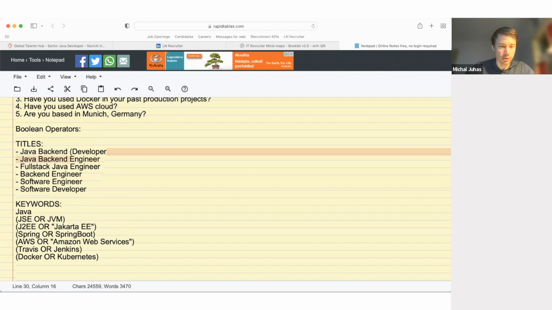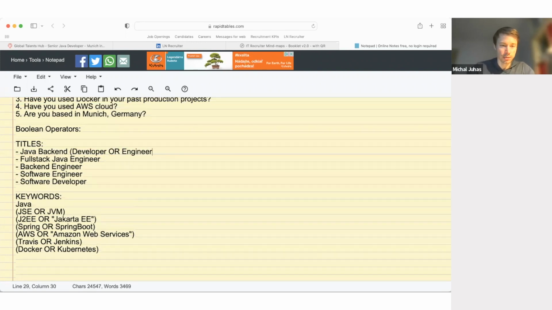So I would essentially have the Boolean as Java and backend and developer or engineer. Another would be full stack Java engineer. And again, I could have developer or engineer. What we could also do, and sometimes I do it when I look for developers in a specific country, is